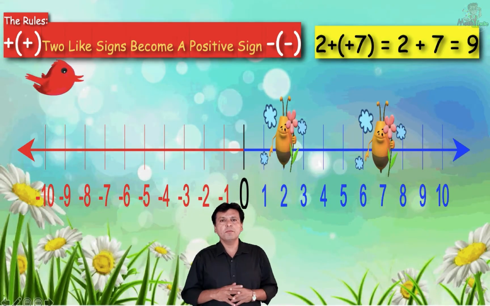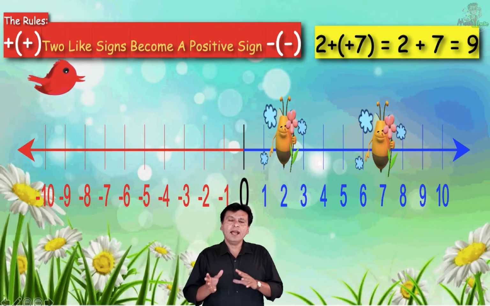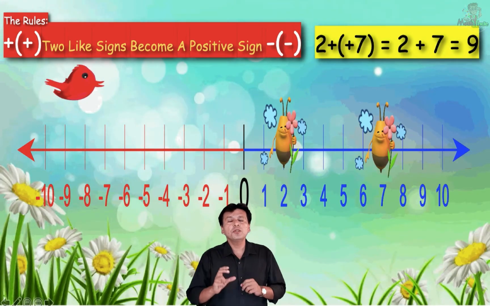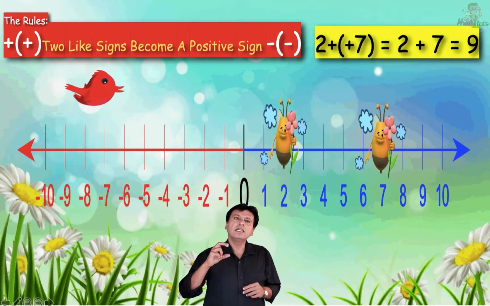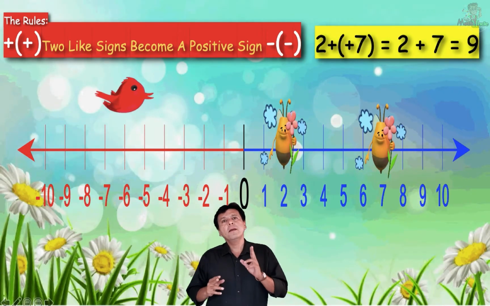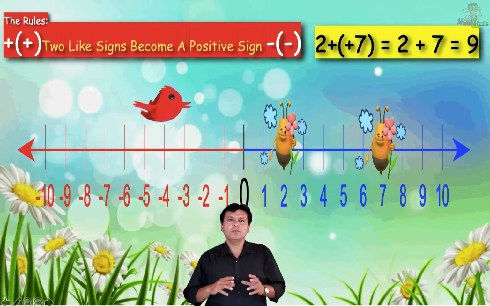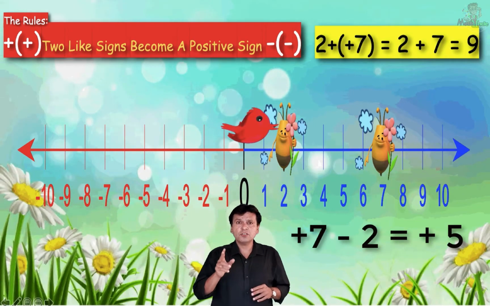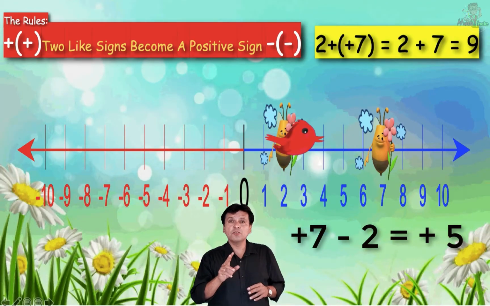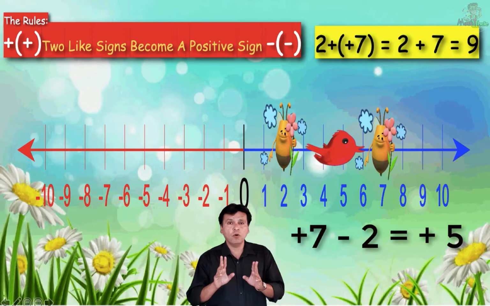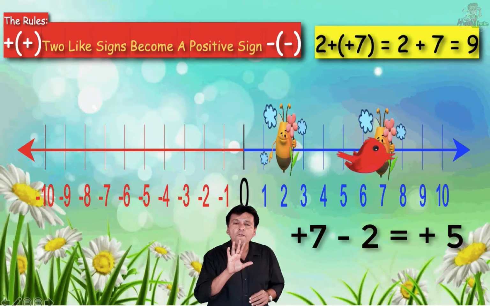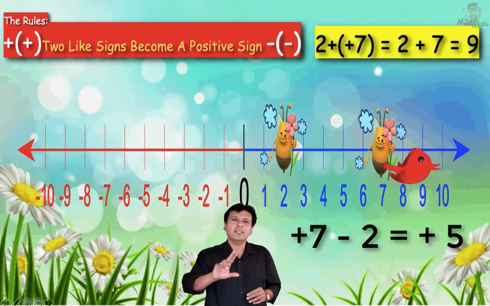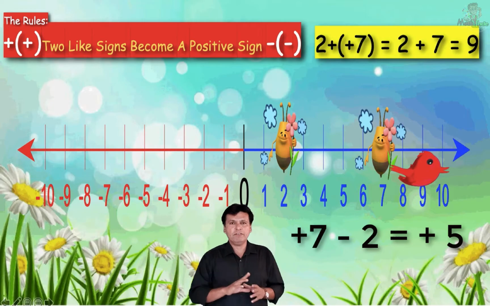But the rule changes a bit when we add and subtract integers. The rule is the same, but what happens is you keep the absolute value of the number which is greater. Let's say plus 7 plus 2 becomes plus 9. Plus 7 minus 2. If we go by the multiplication fact, it should be minus 5. No. Plus 7 minus 2 becomes 5. And you keep the sign of the number which was greater. Plus 7 was greater, so it becomes plus 5.